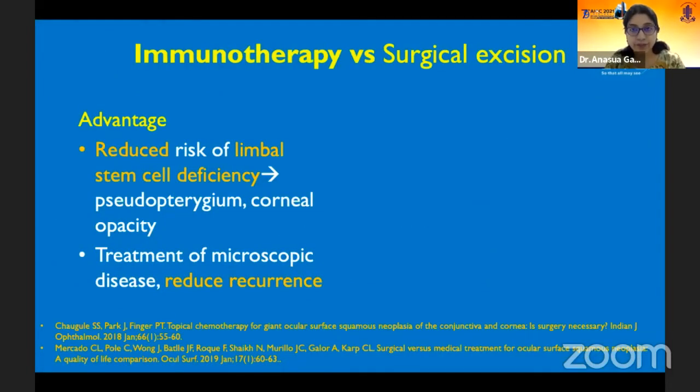So what are the advantages over surgical excision, which Anirban just now described? The advantages are reduced risk of limbal stem cell deficiency. The side effects of surgery, which can happen, like pseudopterygium formation and corneal opacity, are not there here. Treatment of microscopic disease is possible, and